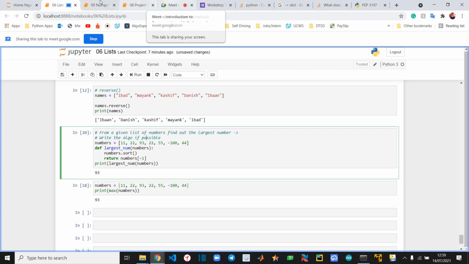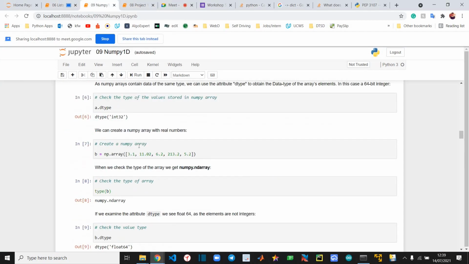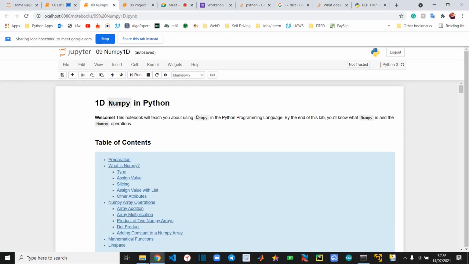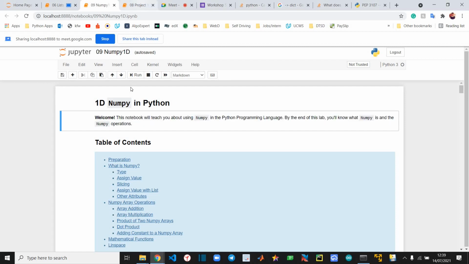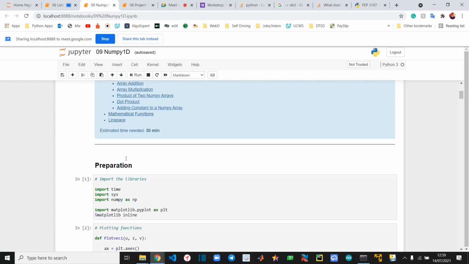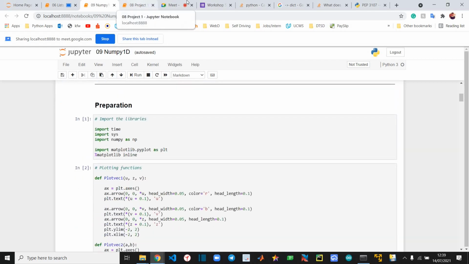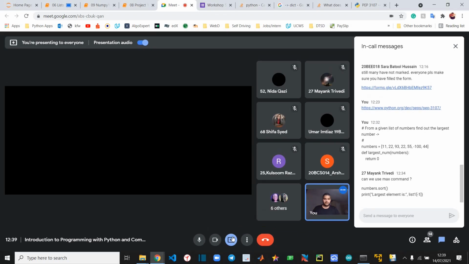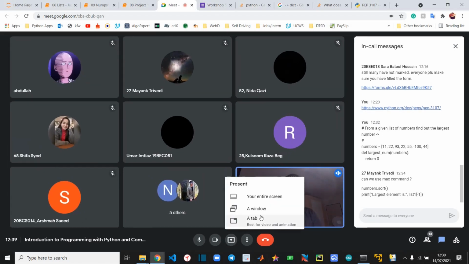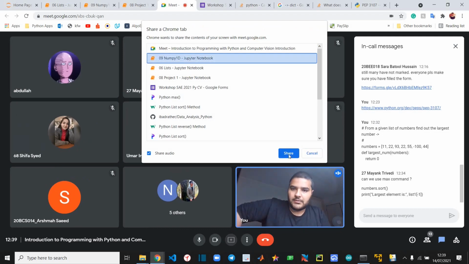Now let's move on to the next thing. We'll start NumPy today. We'll be just introducing NumPy because the main focus after this is not NumPy or Pandas. It is computer vision. We use a little NumPy in computer vision sometimes. That's why I will just introduce it. Anybody has any questions till now? Please feel free to ask. We'll be moving on to the next part. Now Python basics are over. Now we'll go to NumPy.